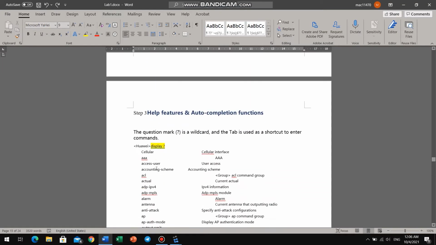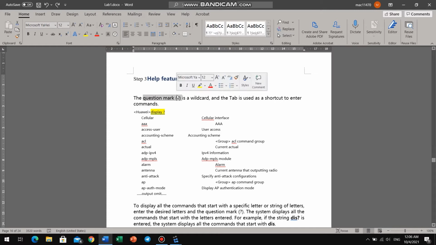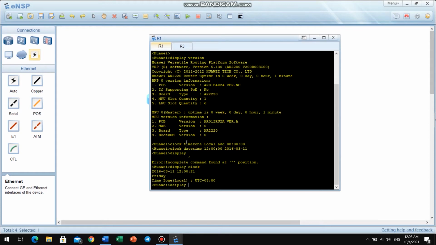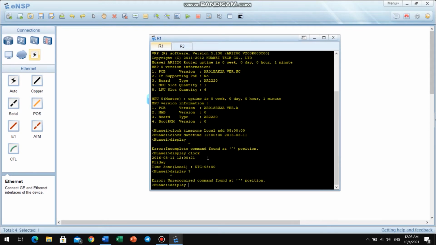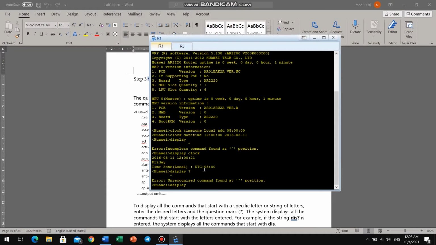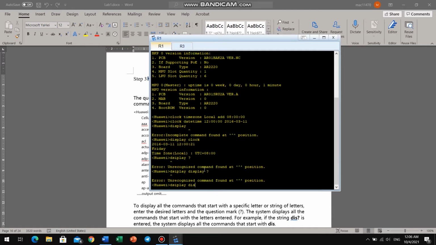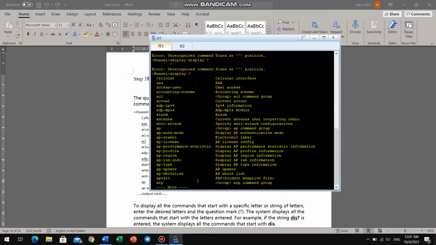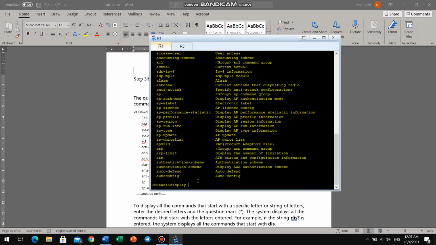The next one is the help feature. The question mark is a wildcard, so I'm gonna show you how we use it. Display. It will display, like, A is for access user, and everything. We can see more. But yeah, so after that,